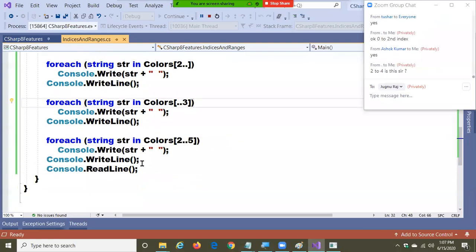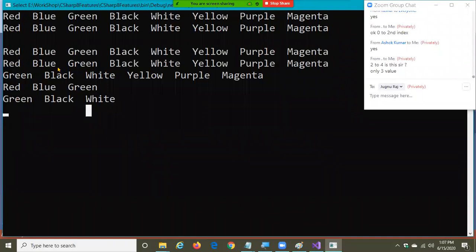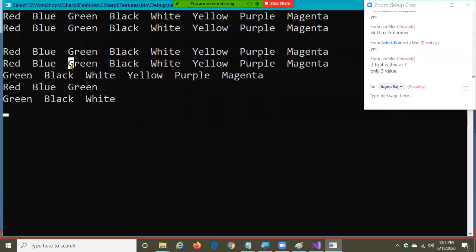So now see, first I asked you a question. Basically it will give you starting from index position 2 to index position 5. No, I'm sorry, the calculation is done like this here.